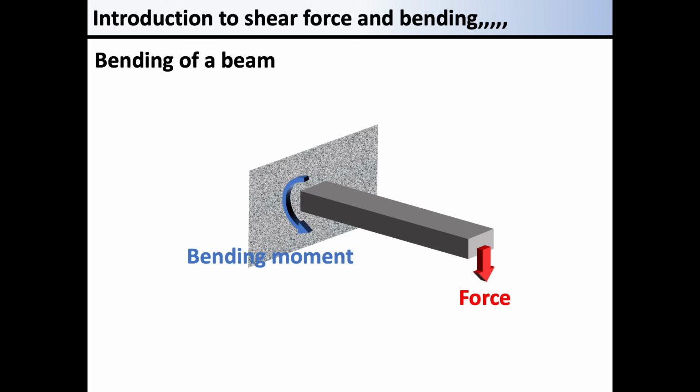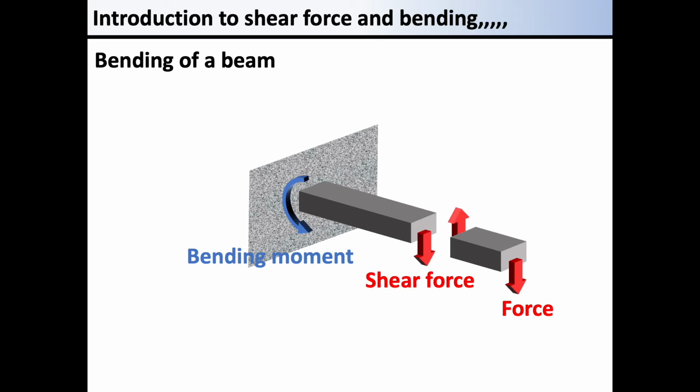This means that a bending moment is generated at the root of the beam. Its value is determined by the product of the length of the beam and the load. This beam has a bending moment acting not just at the root, but also at each part of the beam. The value is determined by the product of the load and the length of the arm. In addition, shear force or shear stress acts on this beam due to this external load.